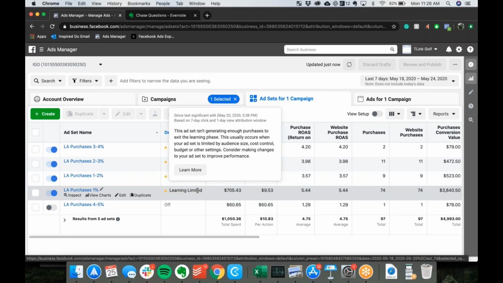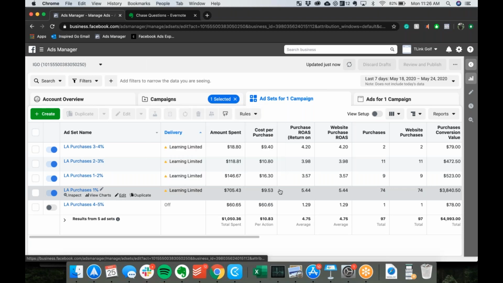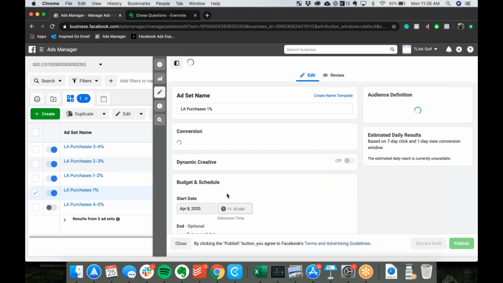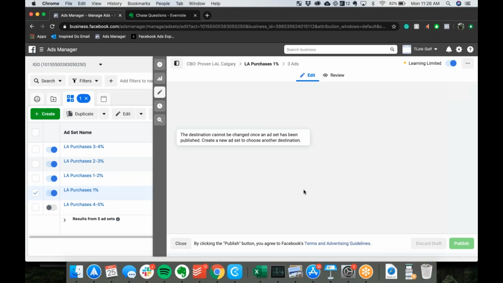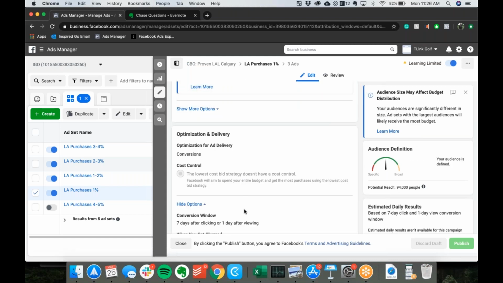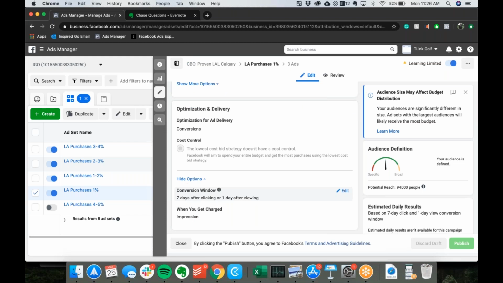Hit edit on that one, and then let's scroll down to the bottom. You could have this set up with a 1-day view also in here, which is what's stopping it. Yeah, I do have it with 1-day view. Yeah, so that's an old problem. This is just a campaign that was set up this way. Yeah, so that's why I want to exit,